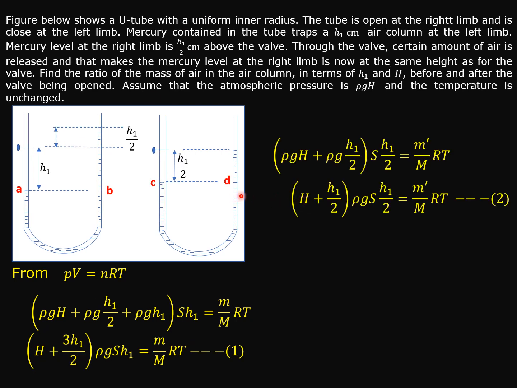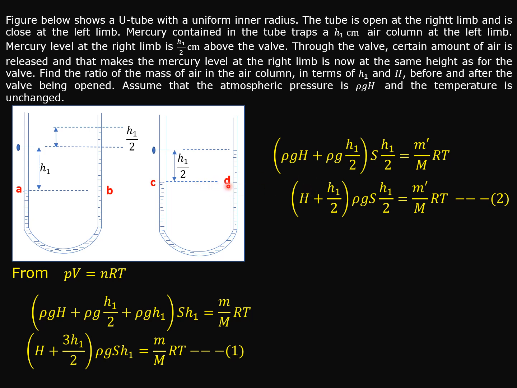Now we apply the same analysis to the air columns at the left limbs after the valve is opened to release some air molecules. Of course, after releasing the air molecules, the valve has to close again. The pressure at C is now the same as the pressure at D, and the length of the air columns is now reduced to half of H1. Therefore, since the pressure at C and D is the same, we can write down the pressure